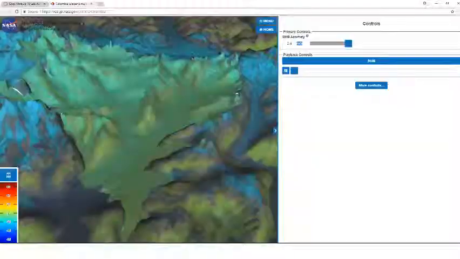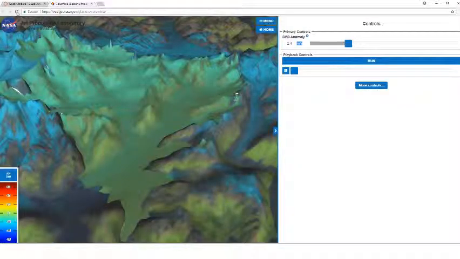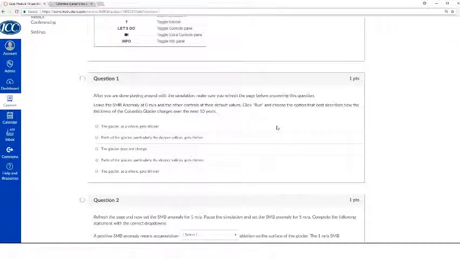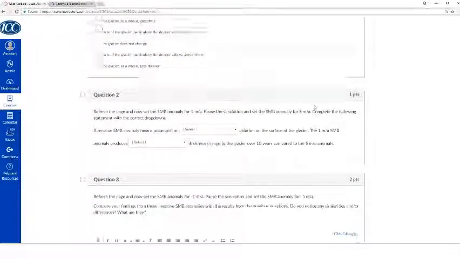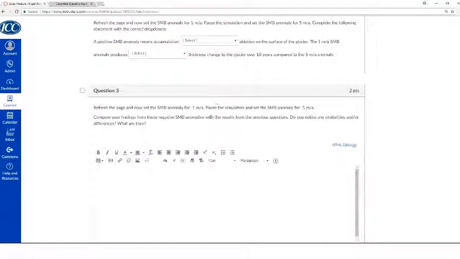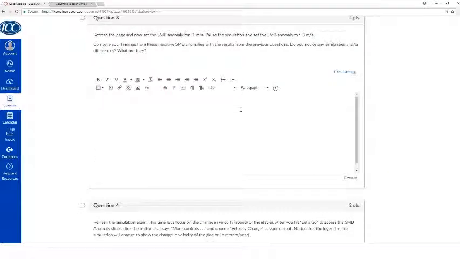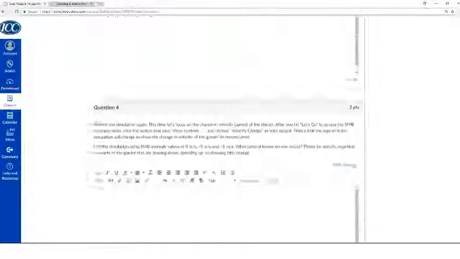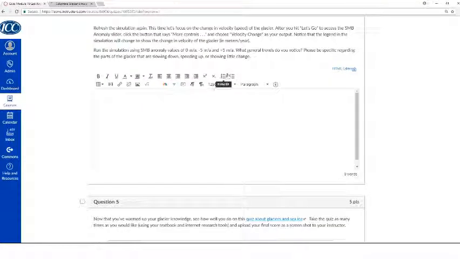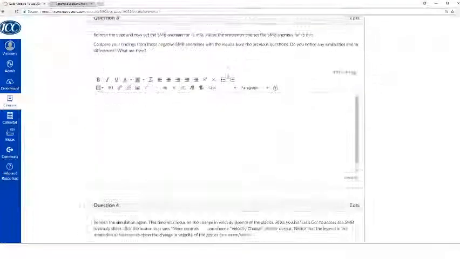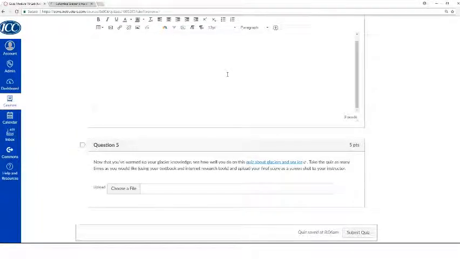Now notice when you actually go to answer your first question, if you've been playing around with it, you want to hit refresh to get it back to its original settings, because the first question asks for a situation where your SMB anomaly is at 0 m per a, meters per annum, and so forth and so on. You're given some certain instructions as far as where to set your SMB anomaly, how to run it. Notice there are some drop-down kind of answers. There's some little essay answers, and then finally, once you've done all that and you've played around with your simulation for a while,